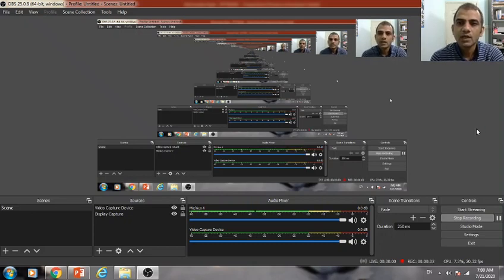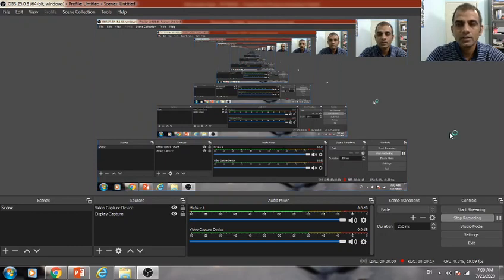Dear friends, now we will see certain settings which need to be done in OBS Studio. In the last video we have seen how to add a video capture device and a display capture device so that we can record our lecture. Now in OBS Studio you can see here this icon, stop recording. If I click on stop recording, then recording of this lecture will get stopped and there it will appear start